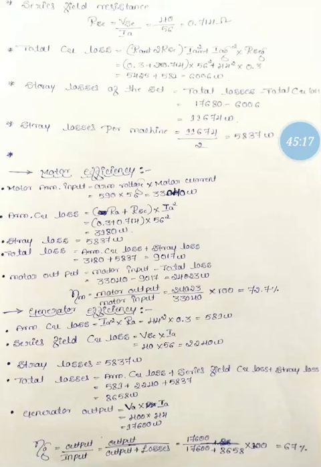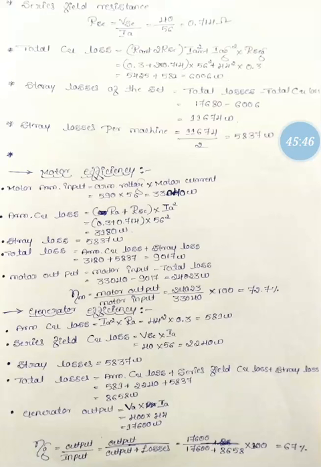Since we have taken 2 times RSC, then IAM, the armature winding current of the motor, IAM square is to be taken, plus IAG square into RSHG. This is the shunt field winding copper loss. Then we can calculate it, and we get the total copper loss as 6006 watt.